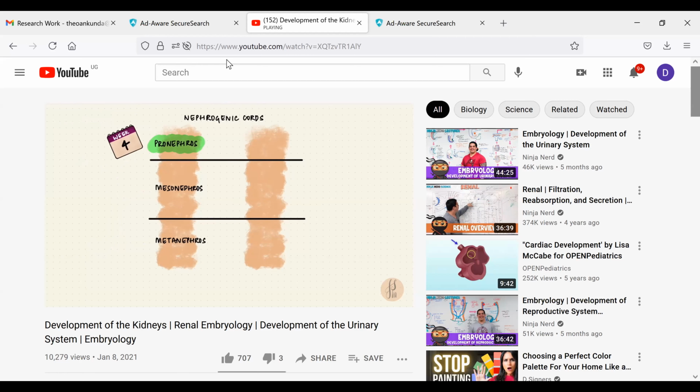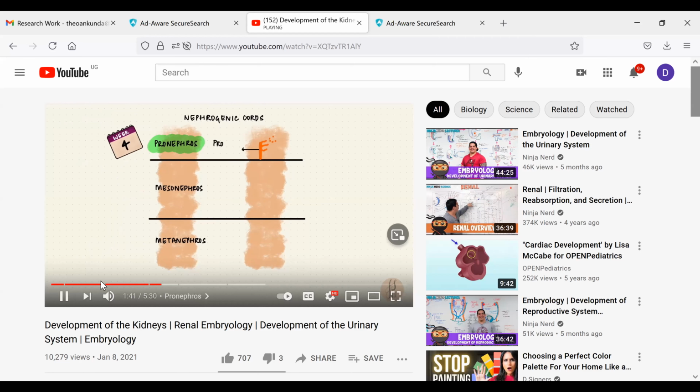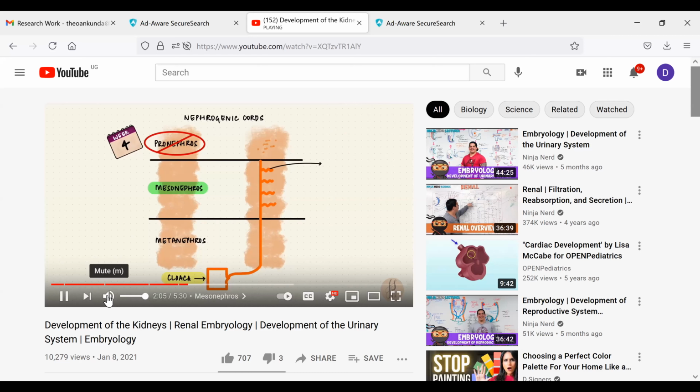Just some cell clusters and tubules and the pronephric duct. This duct opens into the chlorople, part of which is the bladder. But for now, it's still the chlorople. It degenerates. So we're just going to. This appears late in the fourth week. They have mesonephric tubules, which are like permanent versions of male tubules. These are associated with